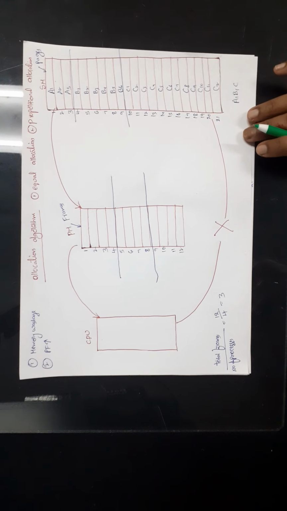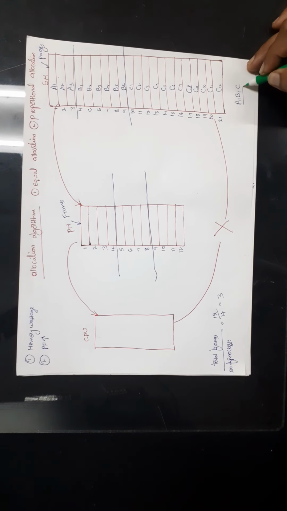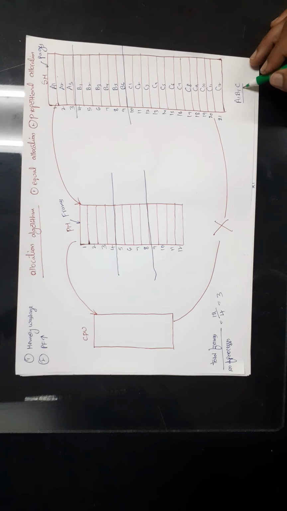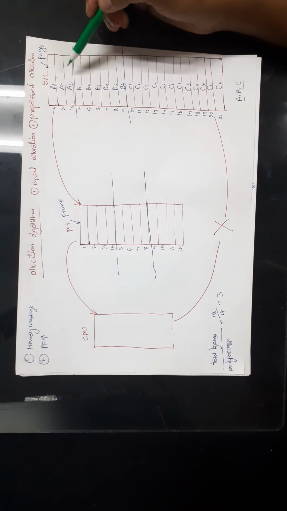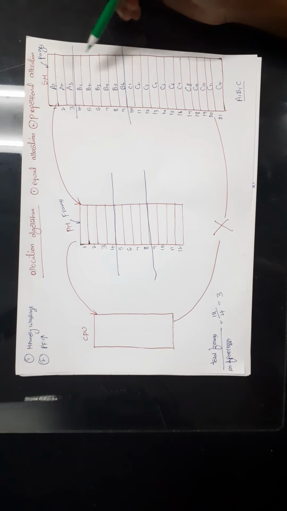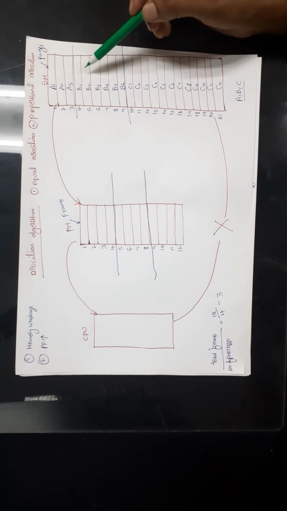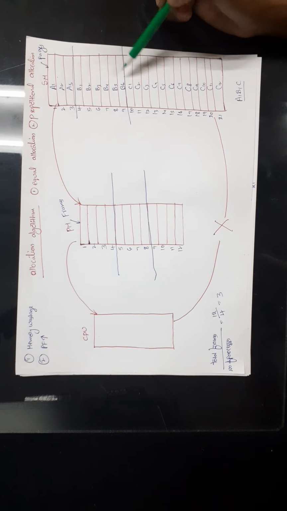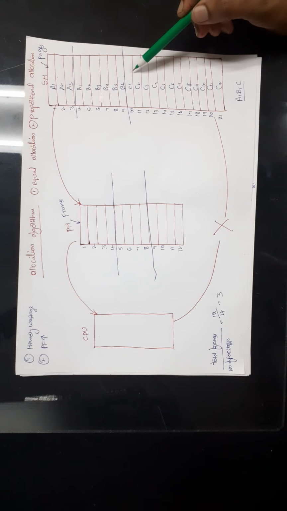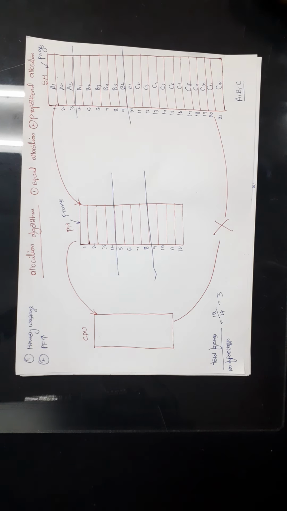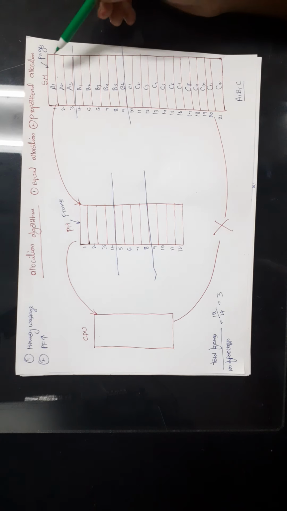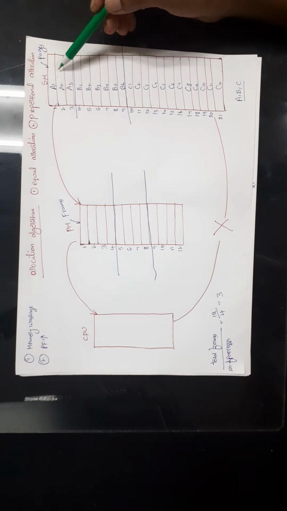And I have three processes A, B and C. These processes are stored in the secondary memory permanently. If you observe, process A requires 3 pages to store its data, process B requires 6 pages to store its data, process C requires 12 pages to store its data. Here I have stored all the pages in a sequential fashion.